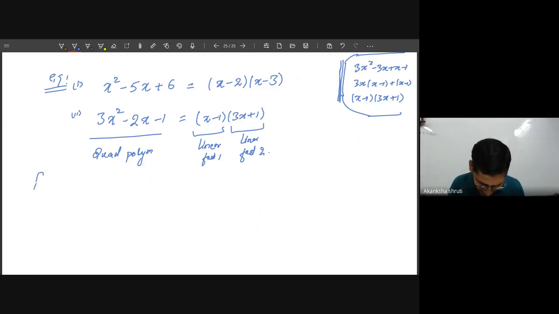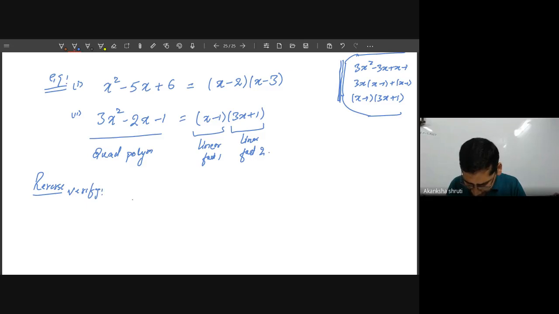The reverse is that multiplication of two linear factors gives us the quadratic polynomial. But today the topic is to convert this quadratic into linear, just the reverse of the product of two linear factors. So how to get it? Just for verification,